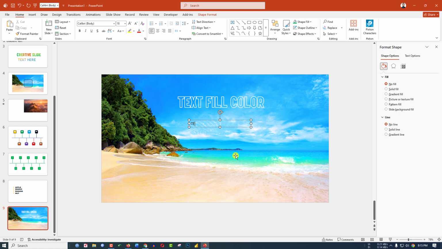And let me add some text here. Select the text, change the font size, make it bold and change the font. Increase its size. Now if you want to change the fill color, click on the text box, go to shape